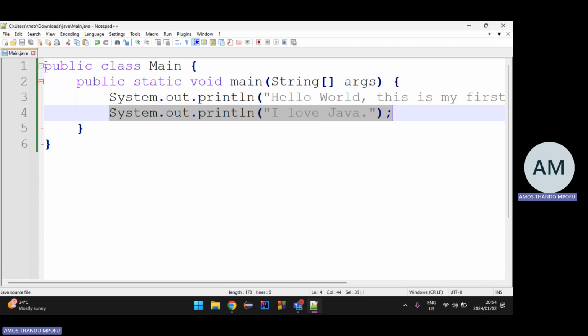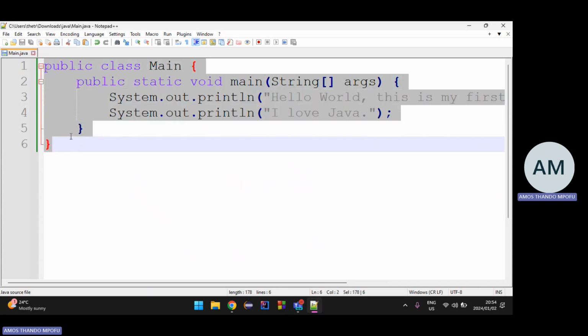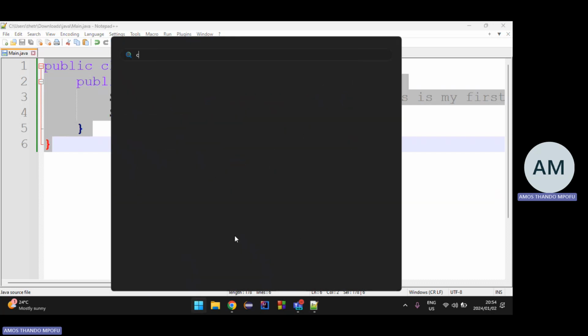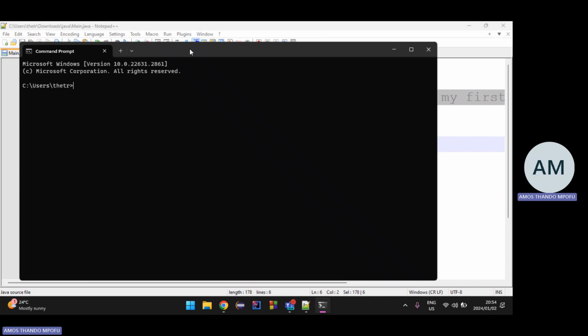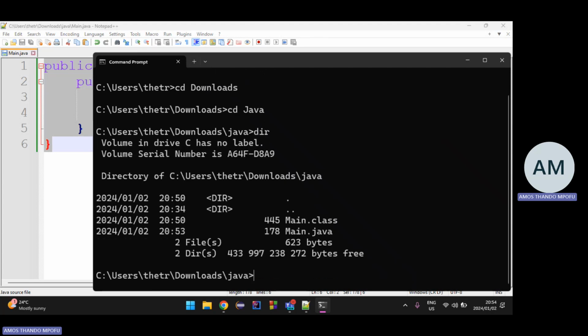Usually, I think it usually does this. It looks at the new code that you've written or the new statement that you have. If there were changes, then it recompiles. If there were no changes, it just uses the old file. So let's run it again. You see, I have to do that whole process again. So let me change my directory to the downloads folder. And then I also open the Java folder. Okay, there we go. It's still there.